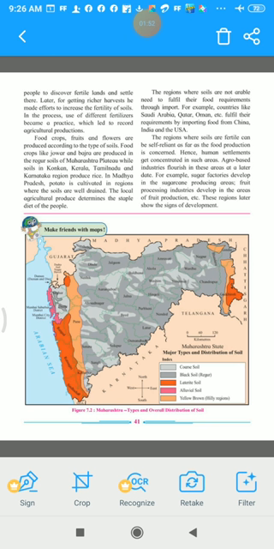Food crops like jawar and bajra are produced in the regular soils of Maharashtra plateau, while soils in Konkan, Kerala, Tamil Nadu and Karnataka region produce rice. So these are the two examples they have given, that in regular soils we grow crops like jawar and bajra in Maharashtra plateau, while